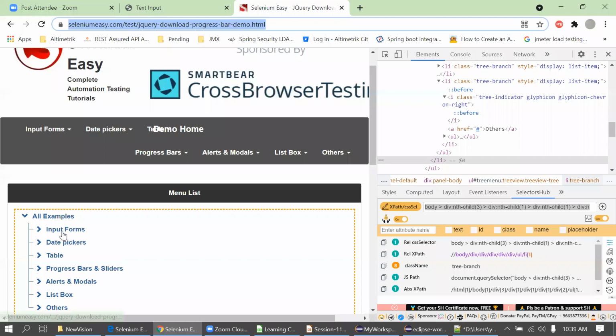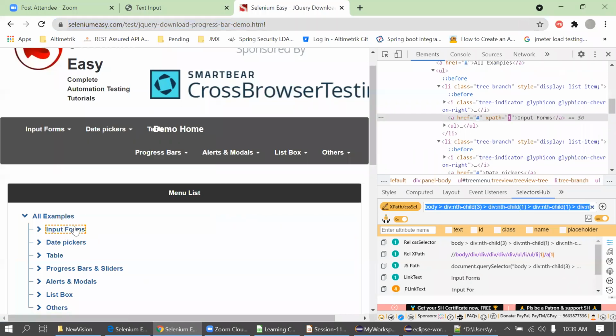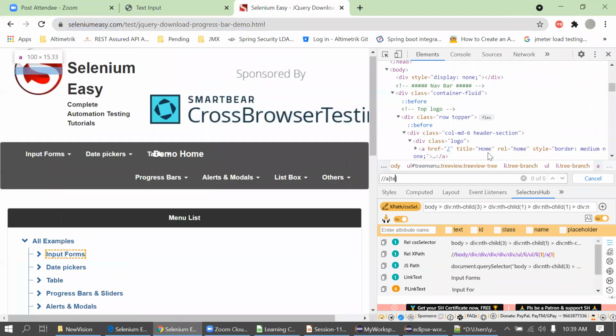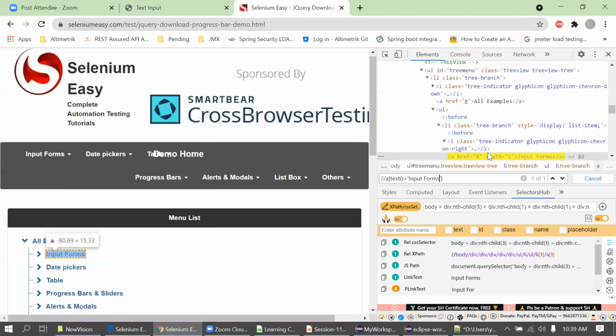I'll just create one XPath here. I'm getting one of one, which is correct.